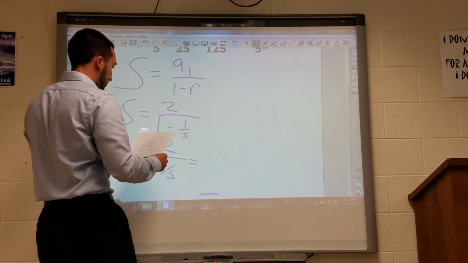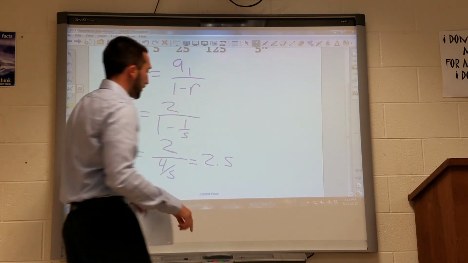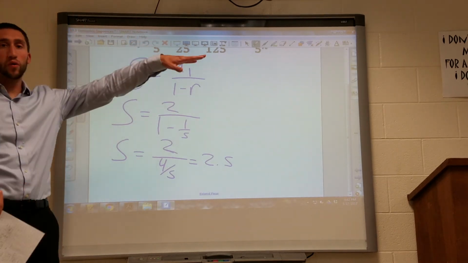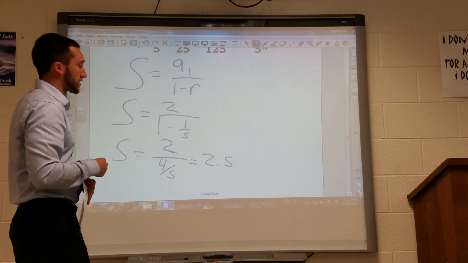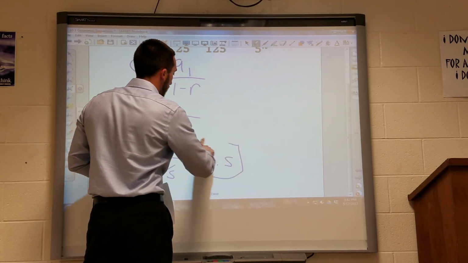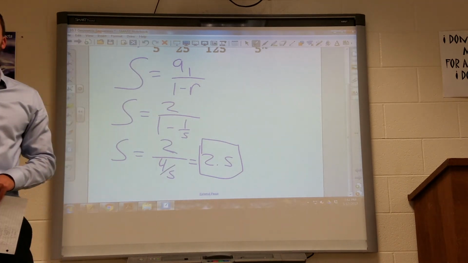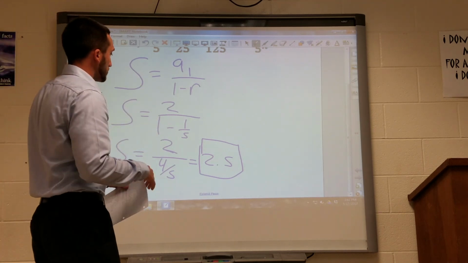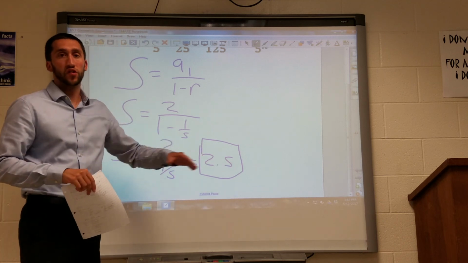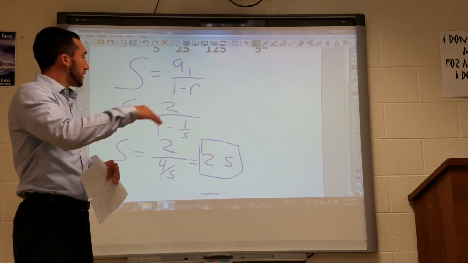And if I compute that, I will see that even all the way out at infinity, my fractions are going to get much, much smaller, so the largest my series will add up to is just 2.5. So I started at 2, the largest I'm going to get to is 2.5, so it's kind of like my limit of this geometric